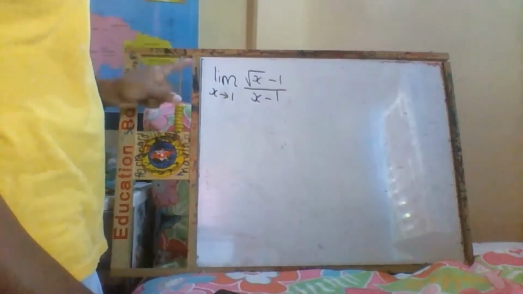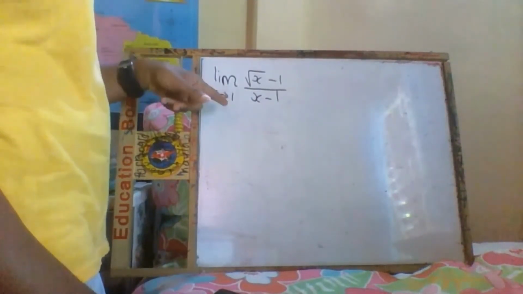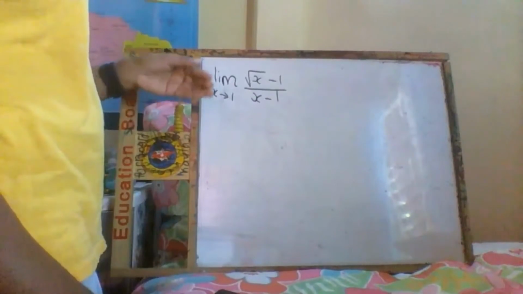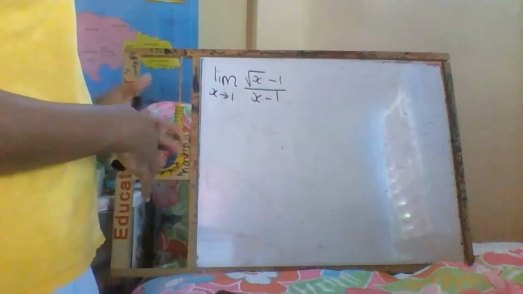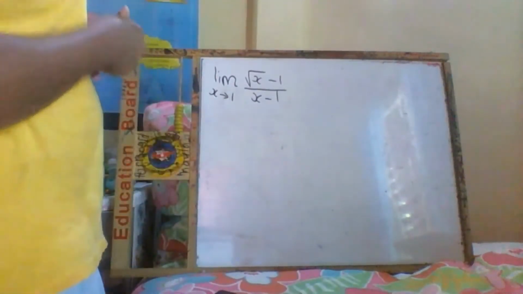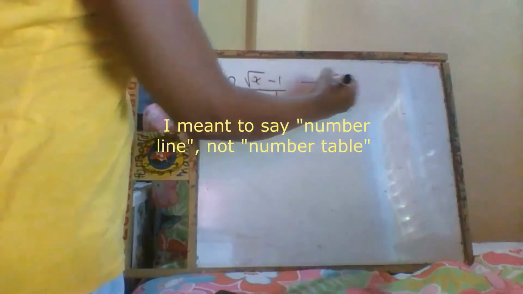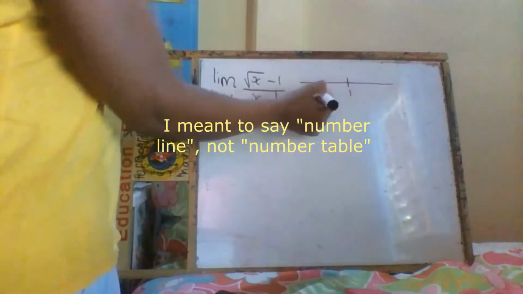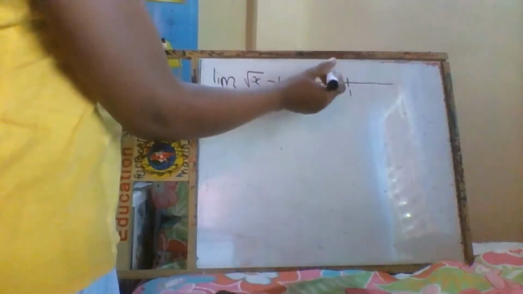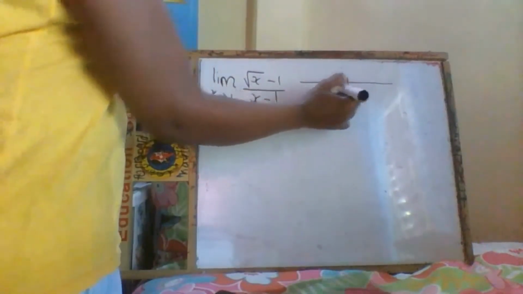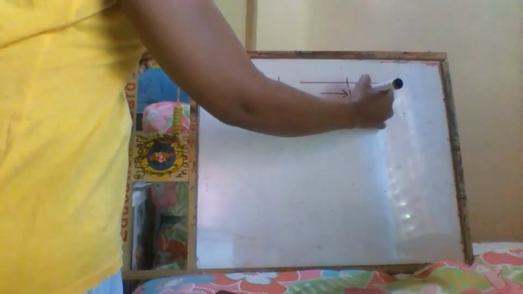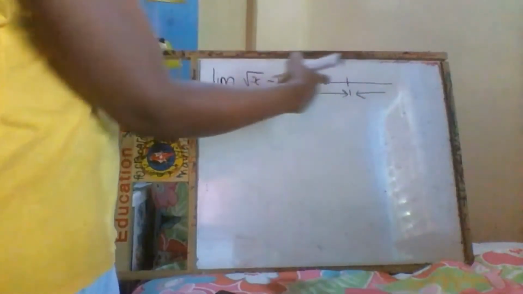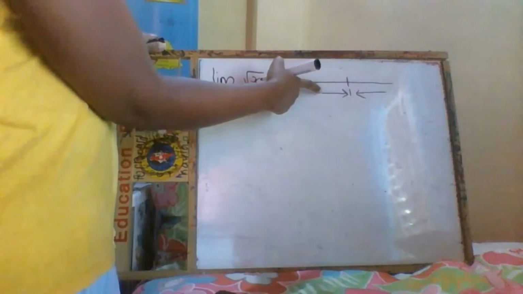Now, it's important to note that as x goes to 1 means that we're approaching 1 from both the left side and the right side. So if you consider your number table, there's the number 1. We want to plug in values into this function from the left of 1 as well as from the right of 1. So we're looking at values like 0,